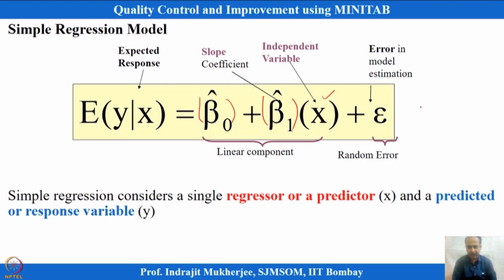At different conditions of x we have different values of y, and even if I change the condition and reset it to the same condition, the output will be different. That was observed when we talked about analysis of variance. So the expected value, the mean value, is modeled with respect to x. This is the linear component, beta 0, y equals mx plus c. This is the slope component: for a one unit change in x, what is the change in the expected value of y,